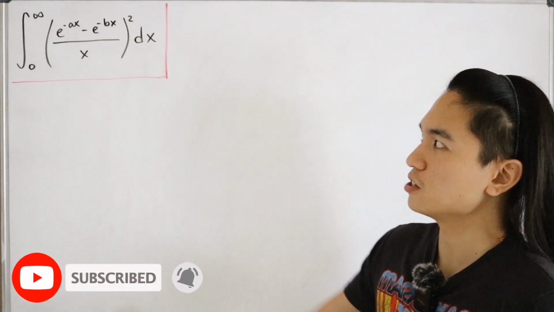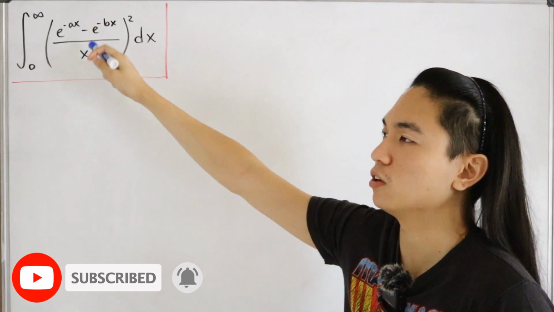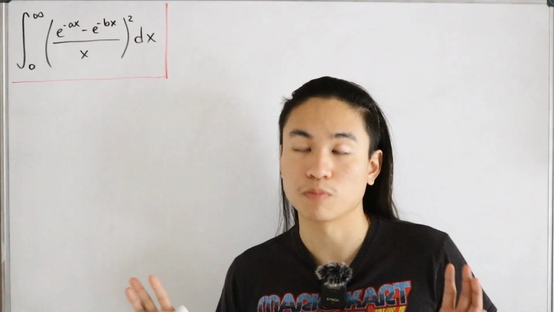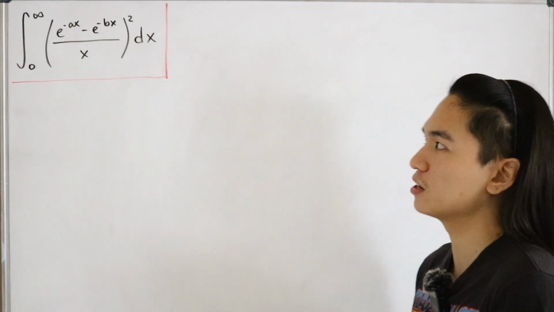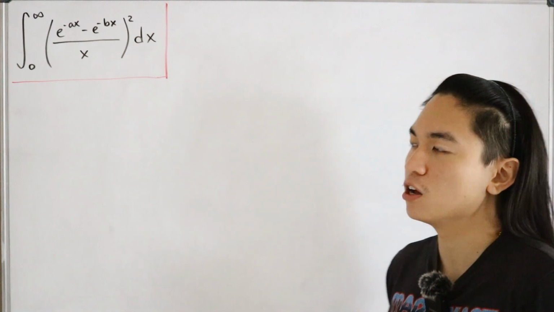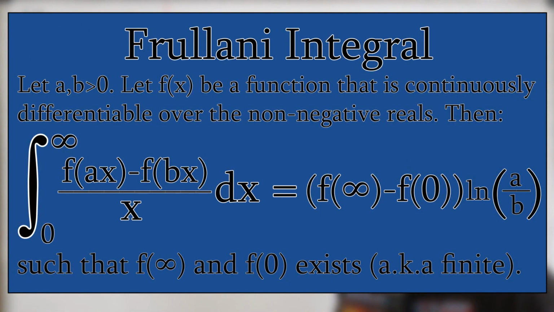So inside of our integrand, specifically of the inner quantity, we have that this is actually in the form of a special improper integral, what's known as the Frullani integral, named after the Italian mathematician Giuliano Frullani, which states the following: if you have a and b such that they're positive reals, and you have f of x such that it's a continuously differentiable function defined over the non-negative reals, you have that the integral from 0 to infinity